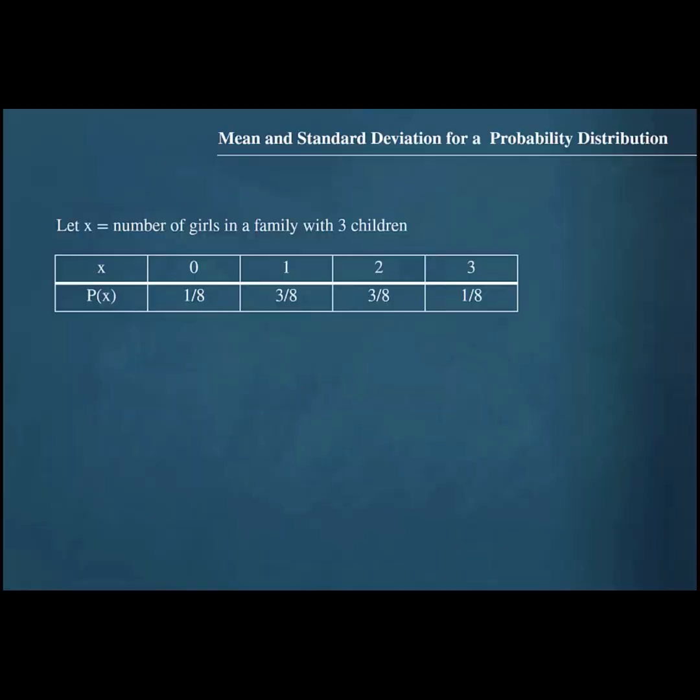The discrete probability distribution for the number of girls in a family with 3 children is shown. What is the average number of girls in a family with 3 children? It seems like this average would be 1.5, but it is not possible through experimentation to determine this average. Such a determination would require infinitely many trials of the experiment. Therefore, it is necessary that this average be determined theoretically.